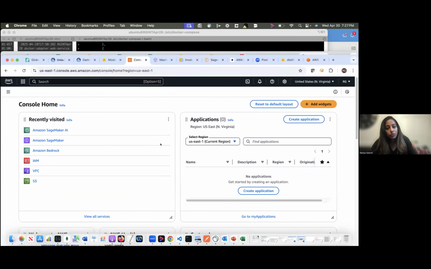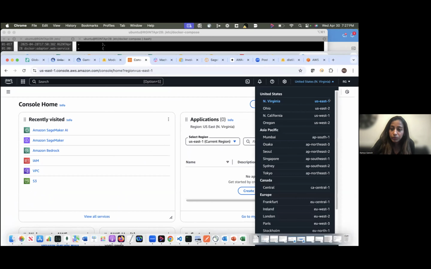So this is how the AWS console looks. A couple of things just for the people who are fairly new to AWS that you might have to know. The first is the region. If I pull up the region, you have US East 1, East 2, West 1, West 2, some in India, and you will see lots of regions there. So do pick the region that is closest to you. You will see that the availability of models will also differ based on the region. But US East 1 and US West 1 is where you will find a majority of the models that you can work with.